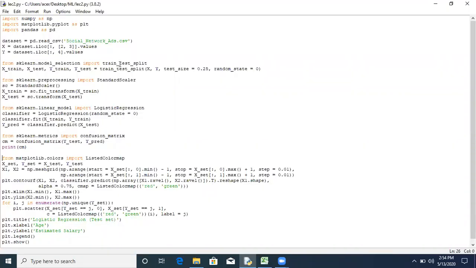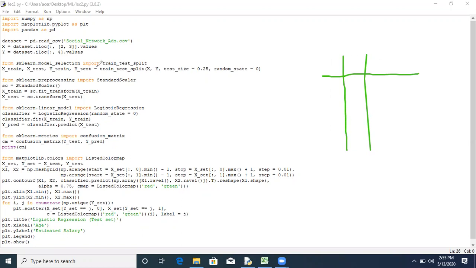Now we'll split our data set into two parts as discussed in the previous class. The same thing, this is our data set in which we are dividing the data set into two parts.